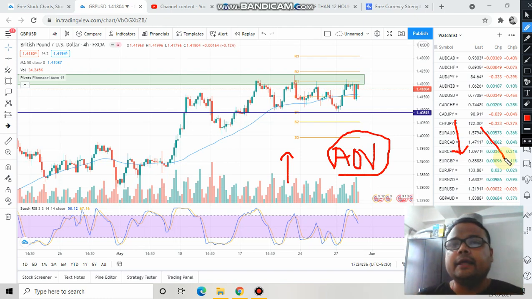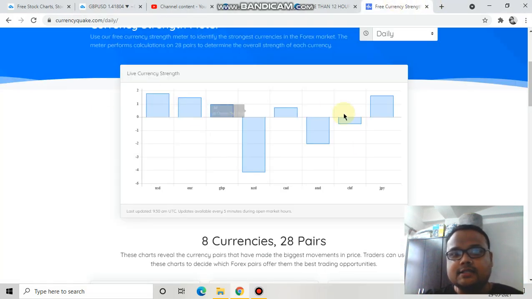Or to put it simply, the base trading level in an uptrend market is always near the support. So you should always look for buying opportunities near the support in an uptrend market. On the other hand, you should always look for shorting opportunities in a downtrend market. In this case, our market is an uptrend, and if we look at this currency meter,